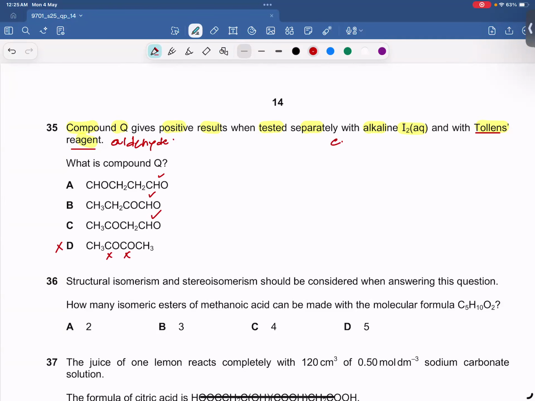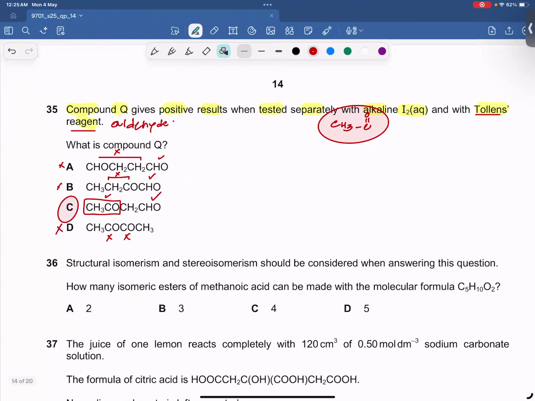अल्कलाइन एक्वस आयोडीन उस वक्त फॉर्म होगा जब CH3CO ग्रुप एक साथ लिखा हुआ होगा, तो CH3CO ग्रुप इसमें एक साथ नहीं लिखा हुआ, विच इज वाई ये भी रॉन्ग। CH3CO ग्रुप यहां पर भी एक साथ नहीं लिखा हुआ, विच इज वाई ये भी रॉन्ग। ये CH3CO ग्रुप एक साथ लिखा हुआ है, ये करेक्ट होगा, और एल्डिहाइड भी आ गया, विच इज वाई C इज गोइंग टू बी